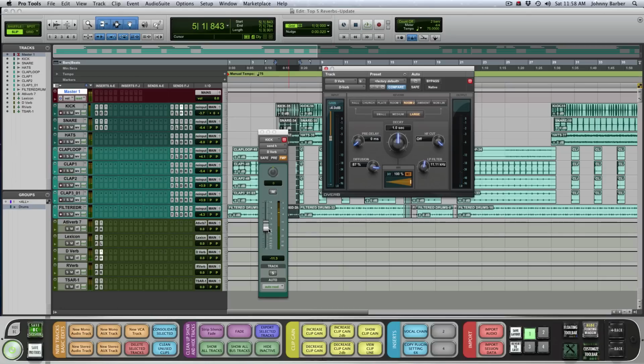All right, and D-Verb, what you see is what you get. It's pretty straightforward, pretty easy to use. You've got your pre-delay, decay. You've got a high-pass filter and a low-pass filter as well. You've got the diffusion, and you've got basically your dry/wet, well, I should say a fader slider down here, and you have different types of rooms or reverbs that you can use. Let's go back,